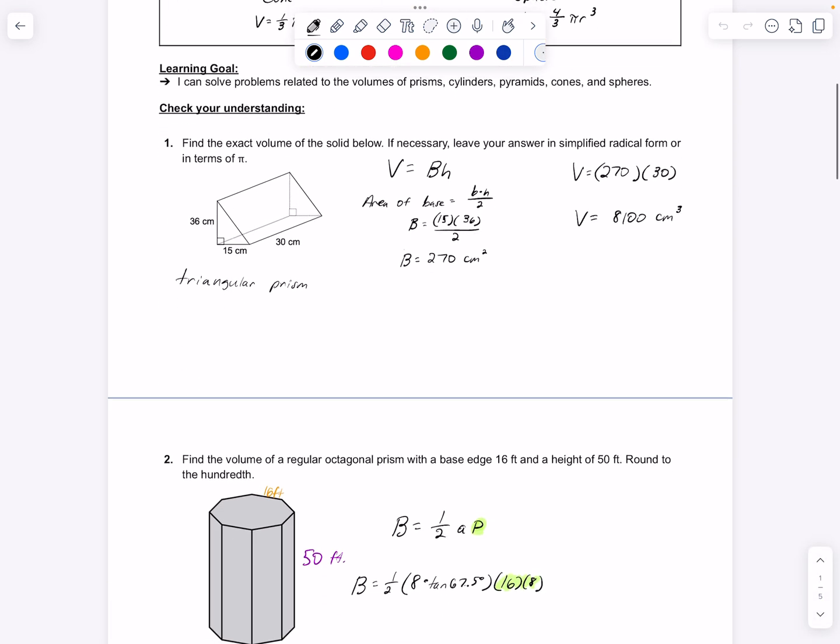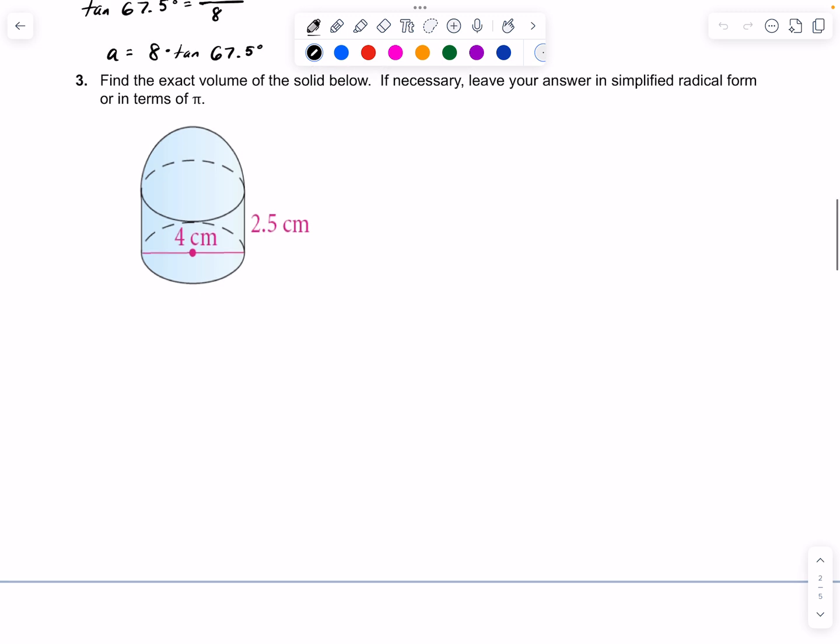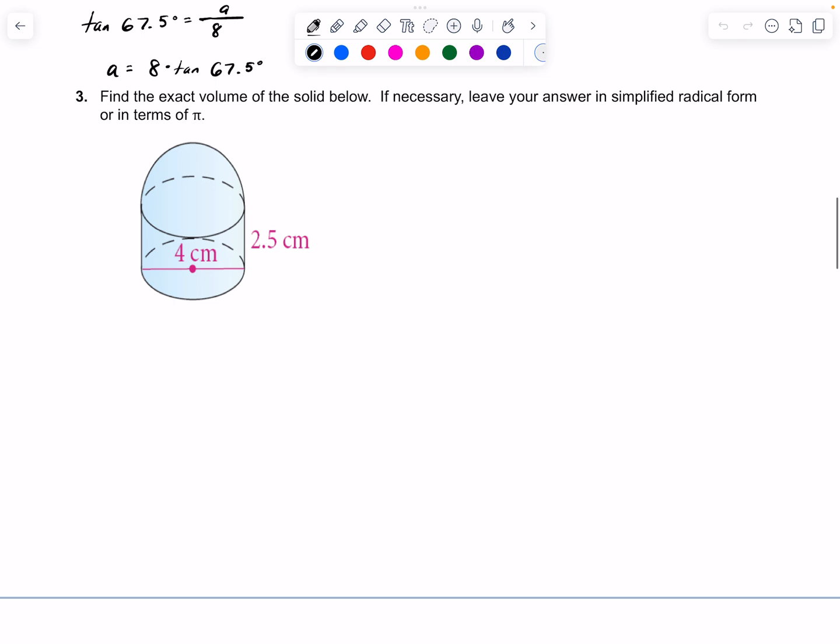Okay, so I'm actually going to start by looking at number 3. This one says to find the exact volume of the solid below. When I take a look at this, I notice we have a cylinder and then we have a hemisphere, or half of a sphere, on top. So I'm going to find the volume of the cylinder as well as the volume of the hemisphere, and then put those together with addition